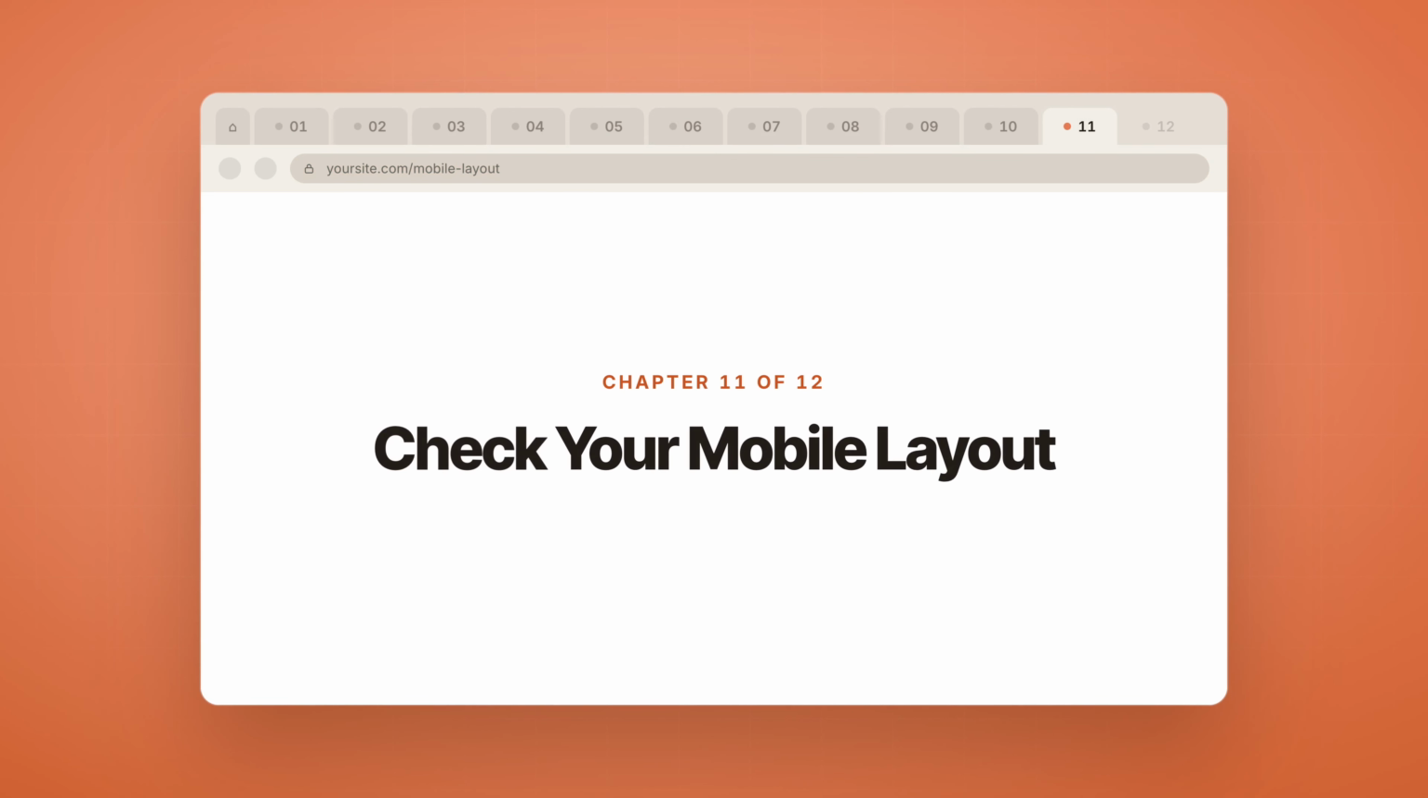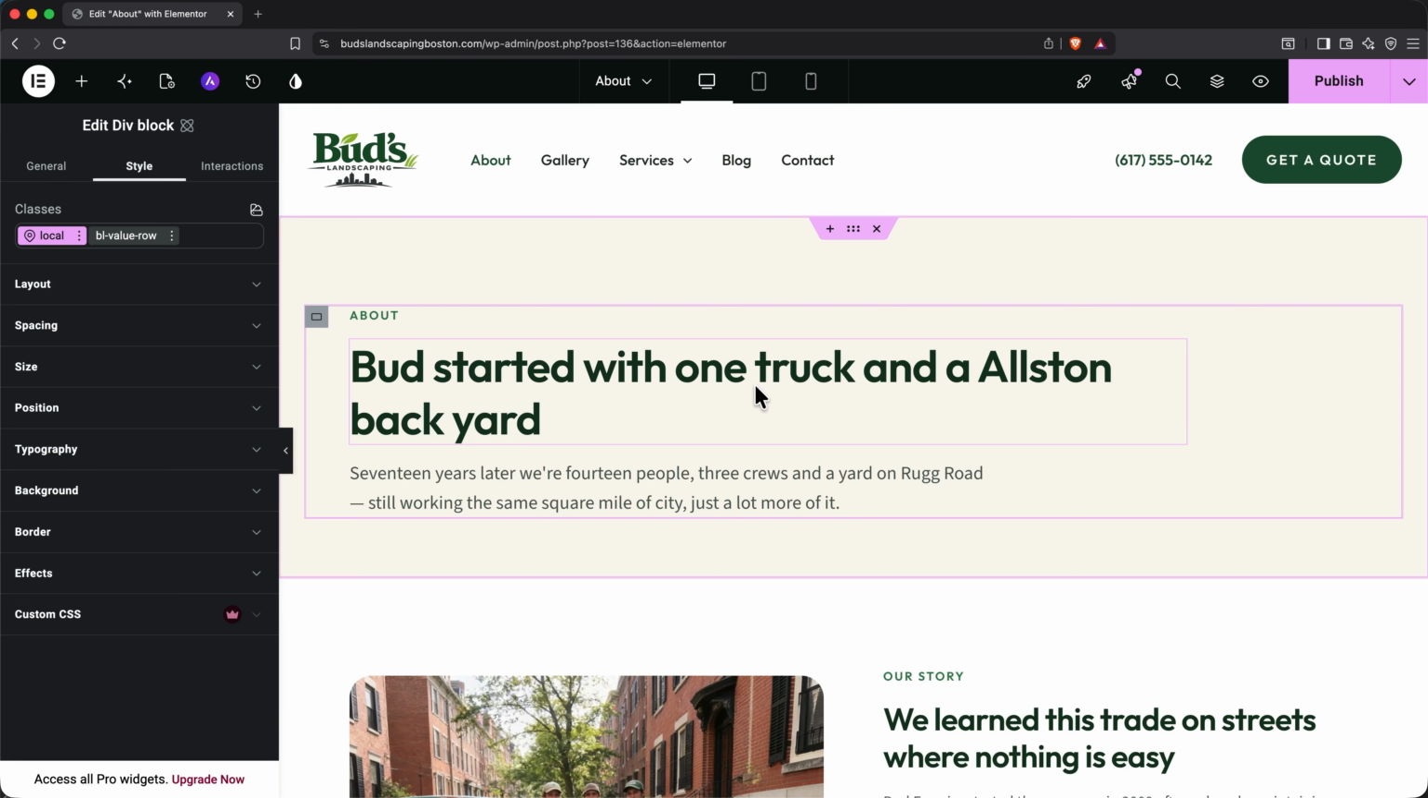Most of your visitors are probably going to arrive on a phone. So let's check how the site looks there before we call it finished. Elementor lets you preview and edit each screen size separately. Let me show you. In the Elementor editor, you can change what size device you're previewing for at the middle